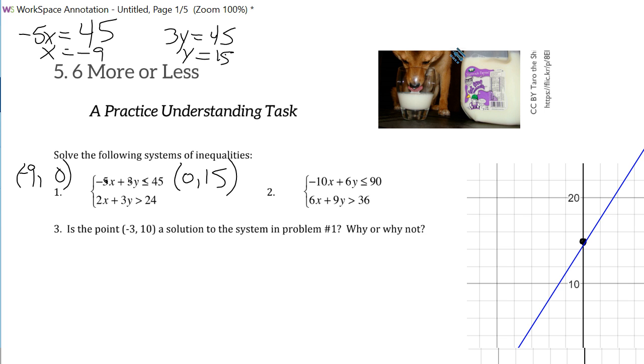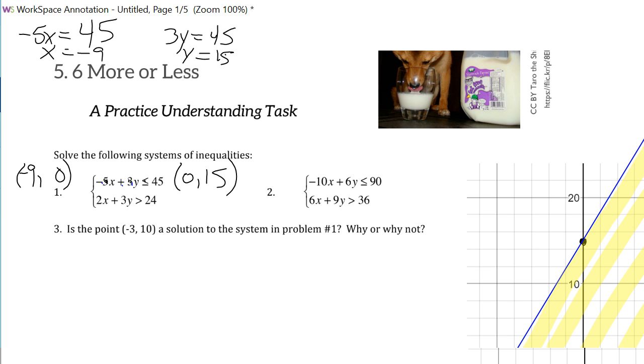All right. Now, we want all of the numbers that are less than or equal to that. So let me test to make sure 0, 0 works. It should. 0 plus 0 is less than or equal to 45. True. So then we're going to shade this. Everything below this line. Okay? All right, now,